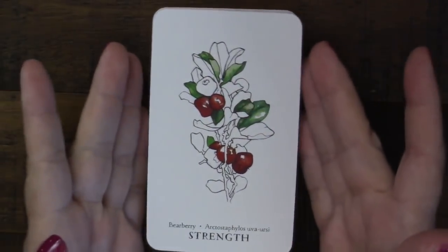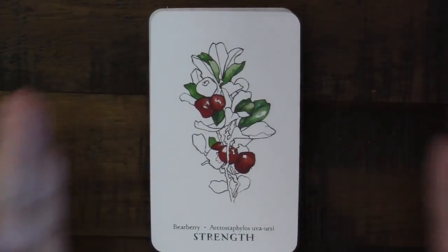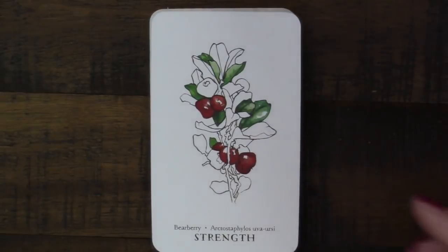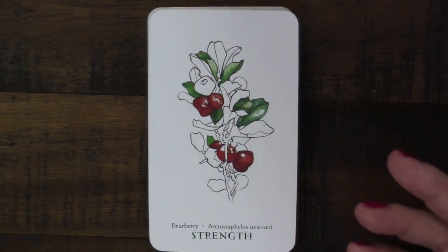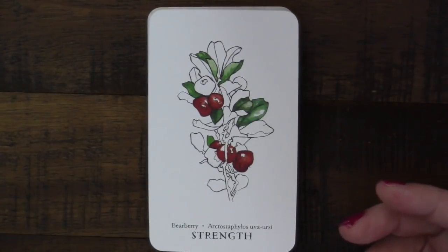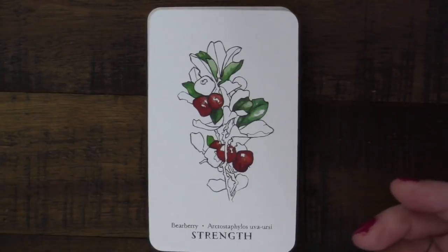So you can see the beautiful image. Now, I have heard some complaints about the fact that it's kind of drawn and only partially colored. Number one, that's sort of her style. And number two, it just reminds you of a botanical book, although this, of course, would be completely colored and